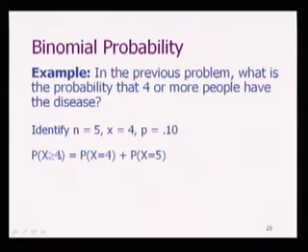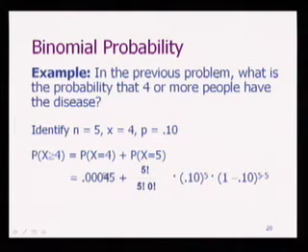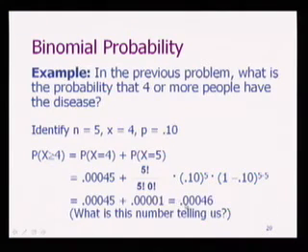Okay? Then what you do is calculate the probability of getting 4 and then the probability of getting 5. Probability of getting 4, we already got it, right? Probability of getting 5, simply n is 5 and x is 5, right? n minus x is 0 and then p raised to the x, 1 minus p raised to n minus x. Okay, and calculate it, you get about 0.00046. And that's still a very small number. Okay, does it make sense?